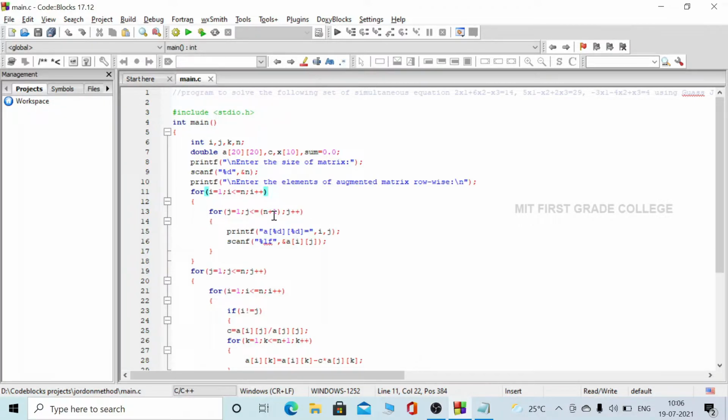When this condition gets false, it will come out of the loop, i is incremented, and this process will be executed until i is less than or equal to n, so that the matrix elements get into the system. So this is the statement which is used to enter the elements of the augmented matrix row wise.